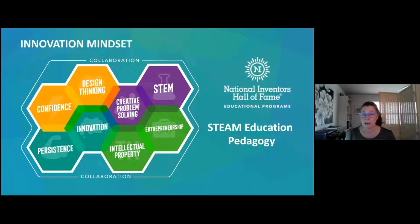Confidence and become persistent learners. They are learning how to use a process through design thinking, creative problem solving, to find answers to challenges and solutions to problems. STEM is always a part of what we do, but what sets our pedagogy apart from any other STEM programming is the idea that children need to understand what intellectual property is, and so do teachers, because it instills the